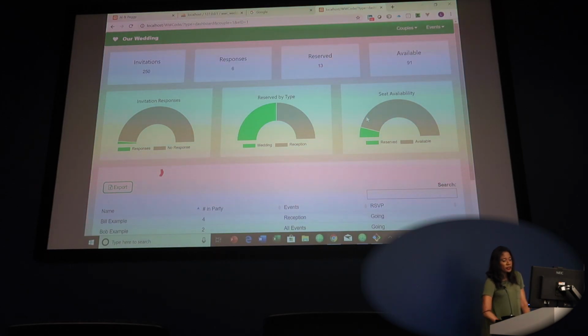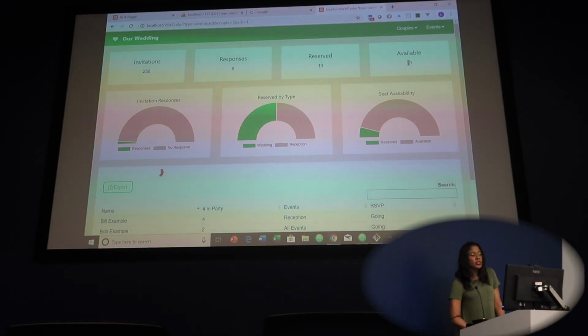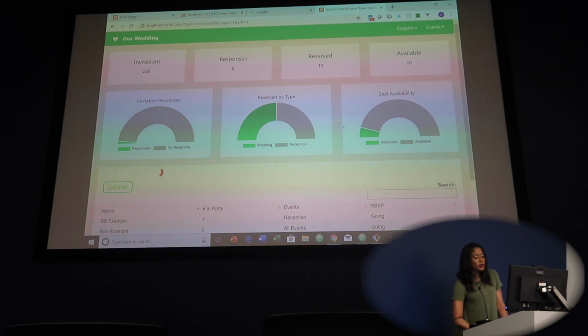We could have done that. That could be homework for you guys, where you expand the event model, where you pull invitations and available seats variable from there, so that it'll update this dynamically. You'll see that